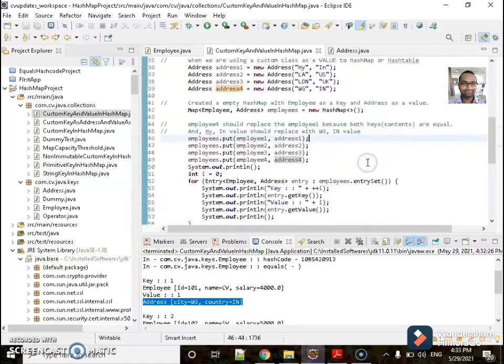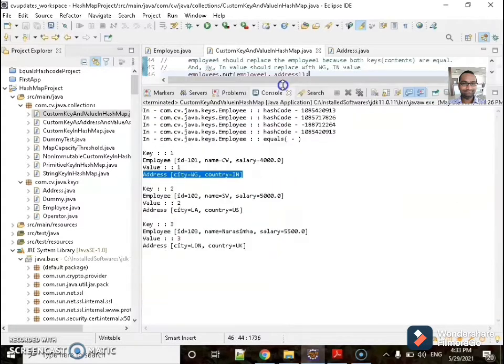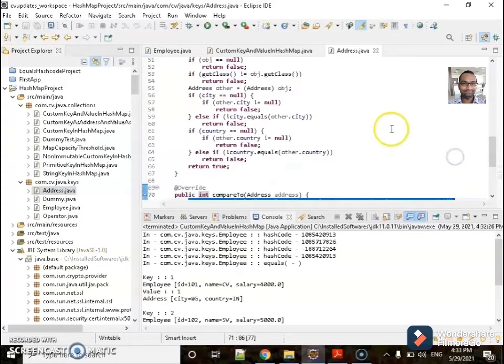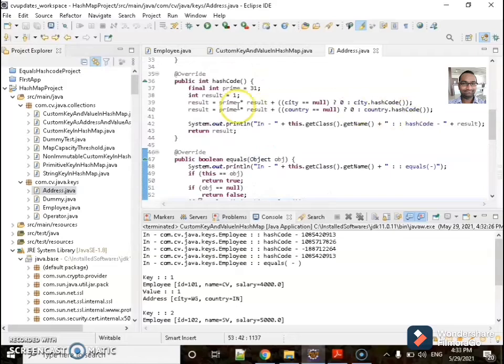So it is the expected output, that is fine. But if you observe, there is no execution of the Address class hashCode method or Address class equals method. So I have written SOP statements in the Address class compareTo method, equals method, and hashCode method as well.